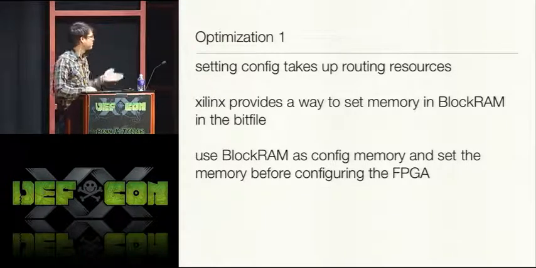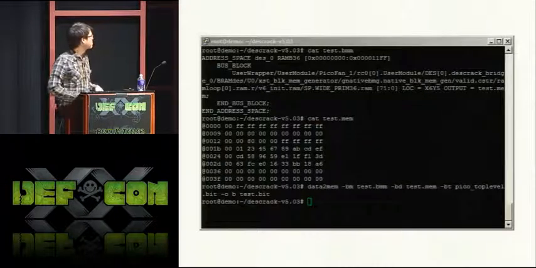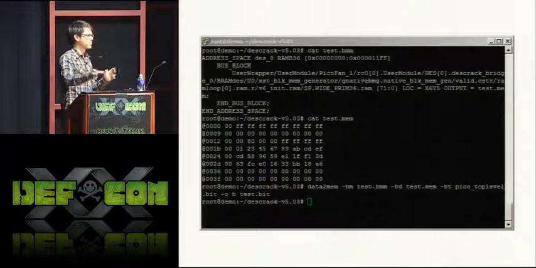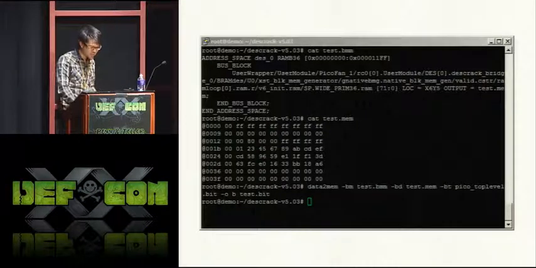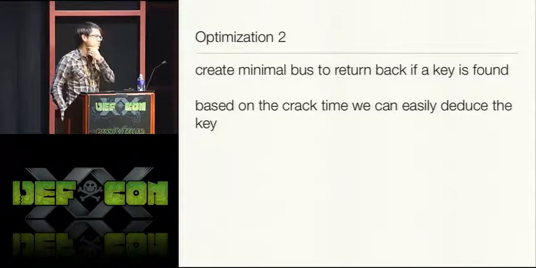It turns out that Xilinx, which is one of the FPGA manufacturers, provides a method for programming specific block RAMs inside the bit file without having to rebuild the whole thing. We played around with this, and we were able to get that to work. Basically, you set up a couple files, and then you just run a command, and it'll drop memory into the bit file and configure these BRAMs. Then you program it, and everything comes up perfectly good. So the second optimization is we still need to have a return path saying when it's found a key or whatever.